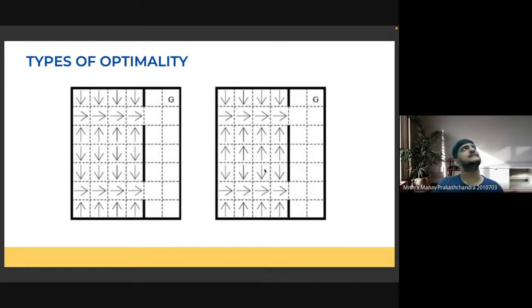Okay, I think I said something wrong. Yeah, sorry, this case is for the recursive optimality, because first I need to be optimal in exiting the room, and then I need to be optimal in reaching the goal. If I've exited the room, reaching the goal is always go up. So this is basically the recursive optimality, and this is the hierarchical optimality.